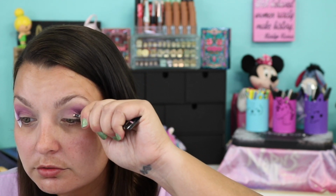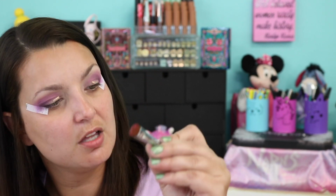So I'm going to grab my Too Faced glitter glue. Almost empty. Woohoo! Another one bites the dust. Another product almost finished. So I'm going to wipe off this brush. This is the Sigma E55. I used that with yesterday's look. So I'm going to pat out my glitter glue. There we go. And on the other side,